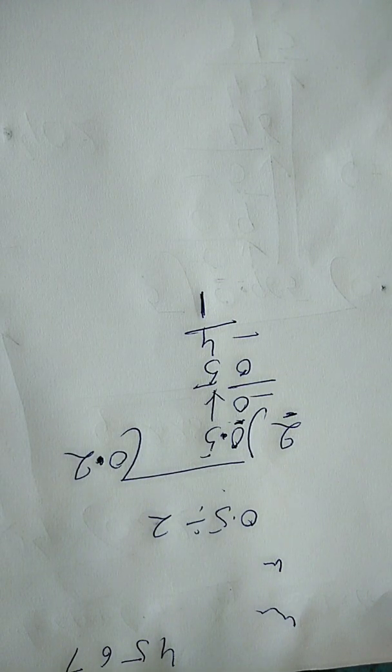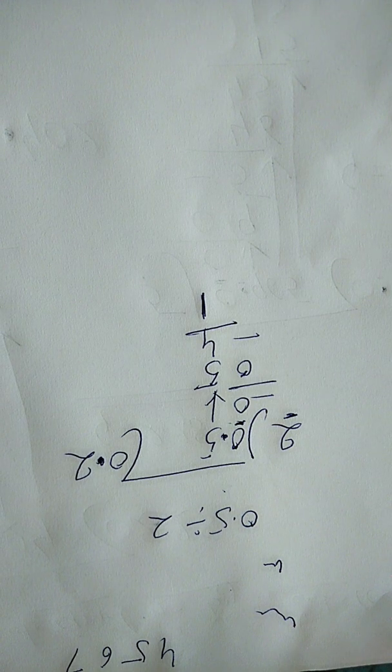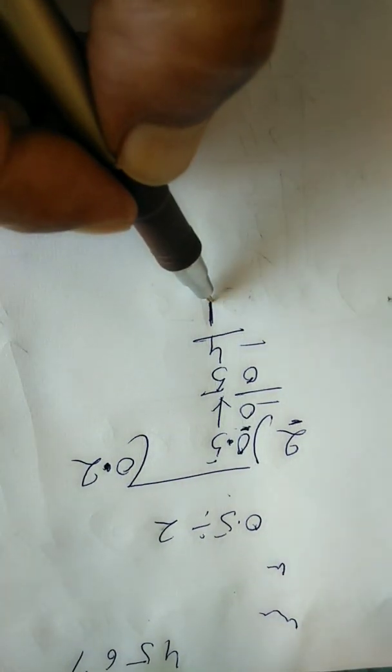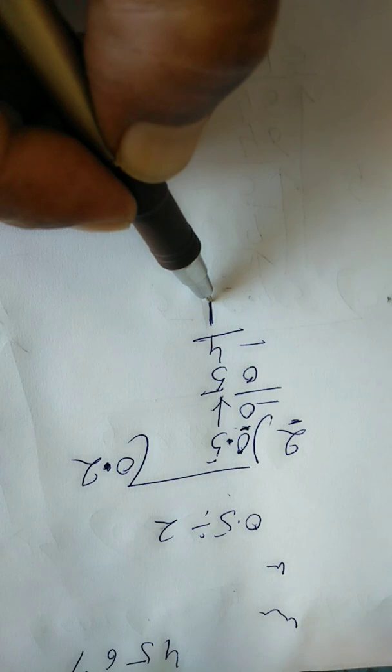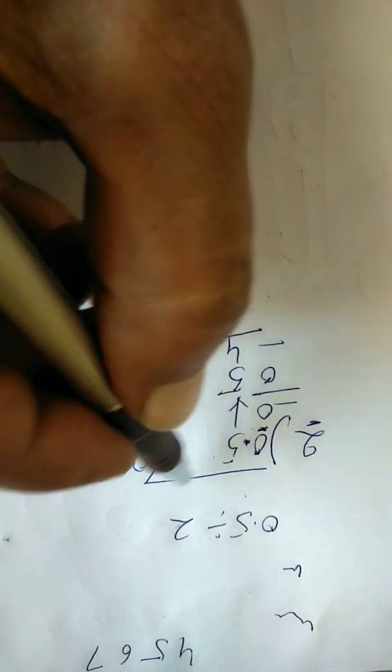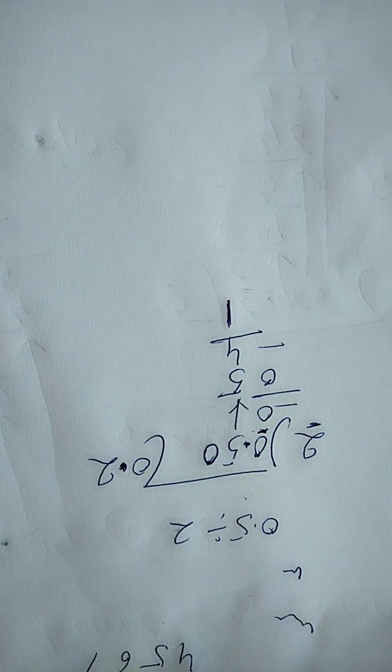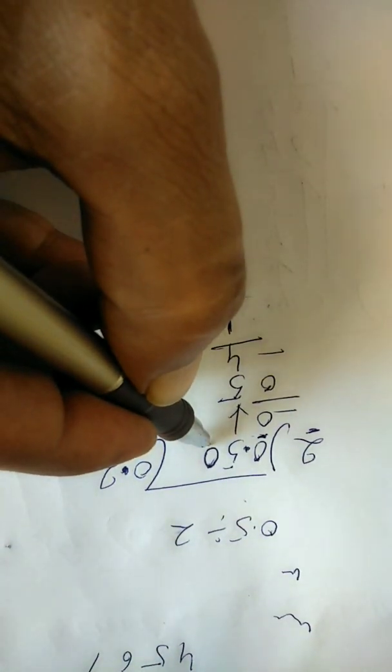Now in this case, if anything is left in the remainder, what will you do? Then you will keep adding zeros and divide till no remainder is left. Meaning, if a remainder is left, we don't want to leave that remainder, we have to make it zero. How will we make it zero? We will keep adding zero in the dividend. You can do it as many times as you like until the remainder is zero. Got it? So you will add 0 in the dividend and then down it.